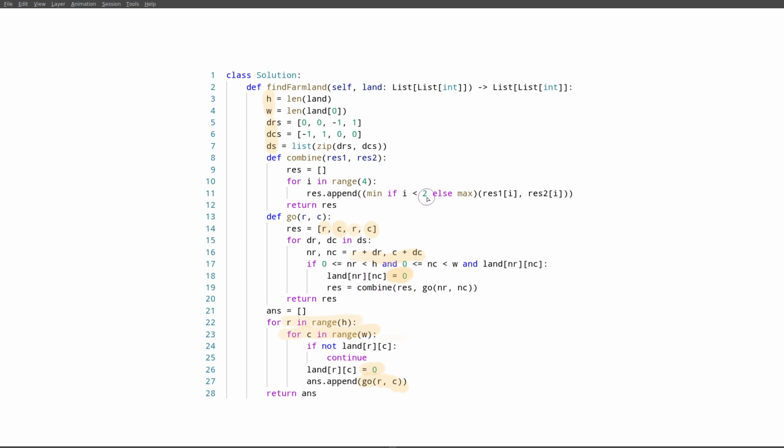And we just have to combine them, and the way we combine them is that for the first two, we take the minimum, otherwise we take the maximum of both of those results. And that is what we finally return for every group. We add it to our answer, and that is what we return. So, in other words, every tile that we visit within a group will try to update its coordinates, its row and column number, as the minimum we've seen and the maximum we've seen. And if we do that for every tile in a group, then we'll have the group minimum and group maximum